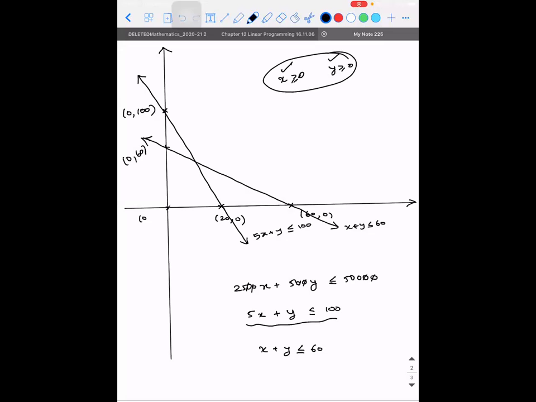The important point here is you need to check each line with respect to origin. So somebody told me common region of intersection, common region where you shade. But before that, how will I find the common region? I need to substitute 0, 0 and see, no? If I substitute 0, 0 in 5x plus y less than or equal to 100, is it satisfying or not? Yes, sir. So it is satisfying. So this is going to be the region. Means origin is a part of this region.